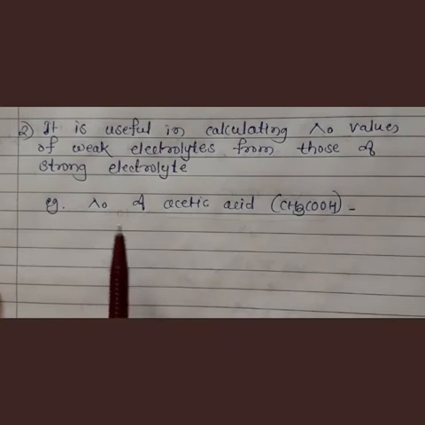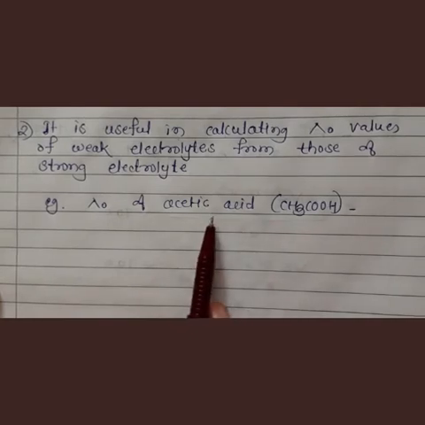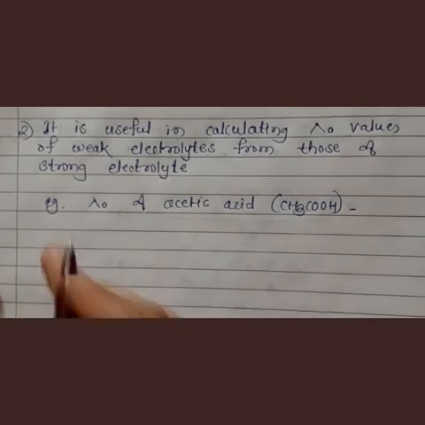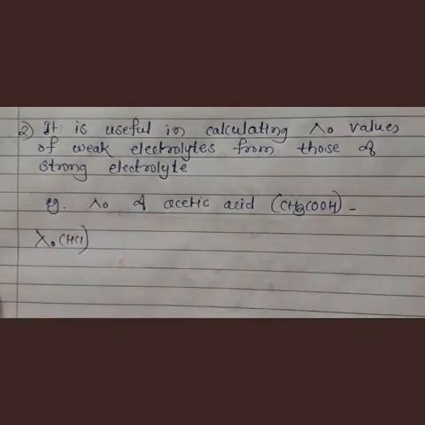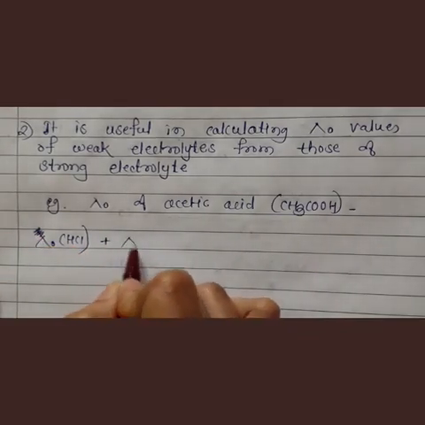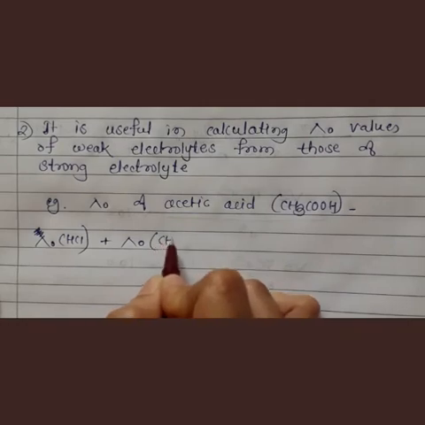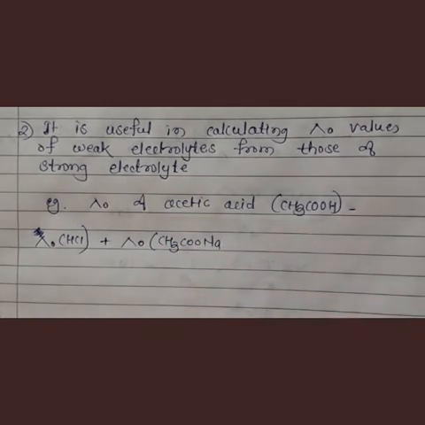Let us see an example: molar conductivity at infinite dilution of acetic acid, which is a weak electrolyte, we have to find out. Now if you know the molar conductivity of HCl, which is a strong electrolyte, plus the molar conductivity of CH3COONa, the sodium salt of acetic acid,